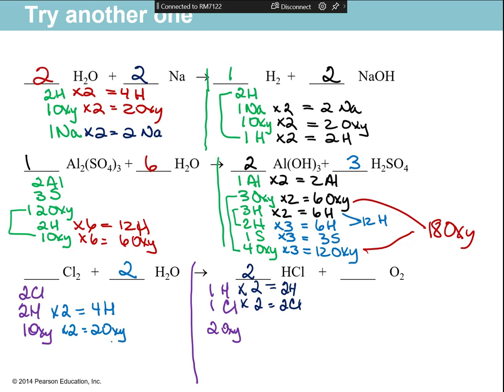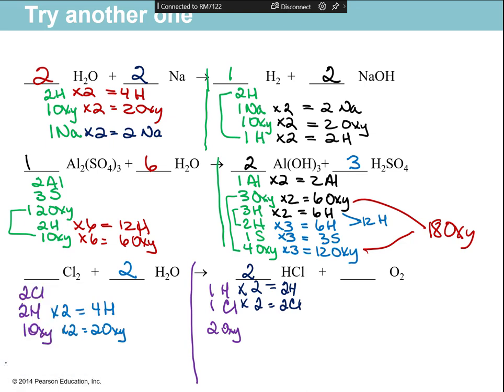And so some people stop there and they're like, well, wait, now I just messed up my hydrogens. That's okay. The goal is that eventually you're going to have to continue to change those coefficients. Any number you put on the line in front multiplies all of the atoms in that element or compound, whatever that molecule is, by the number that's on the coefficient. So this 2 tells me I have to multiply the hydrogen and the oxygen by 2. This 2 over here tells me I have to multiply the hydrogen and the chlorine by 2. So am I done? No,